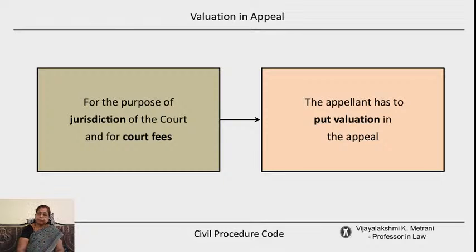So here, when there is an appeal, the court which decides may have jurisdiction from which court? Suppose the value of that suit which is put before the court is less, but the court awards a higher pecuniary amount.